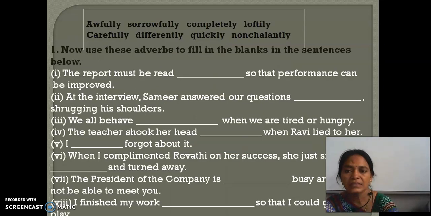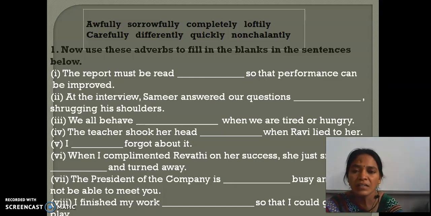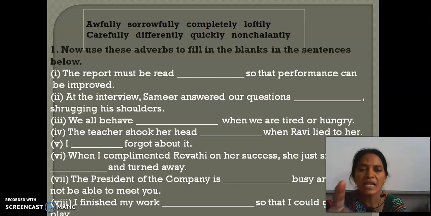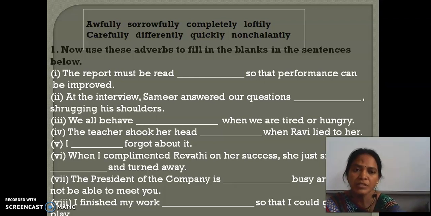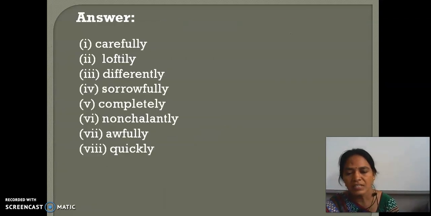I think here you have your book back exercise. Before you do these book back exercises, you just learn the meanings of the adverbs that are given to you in the box above. Learn the meanings, children, then only it will be easy for you to do the exercise. And then I have given in the next slide answers also, but please don't copy the